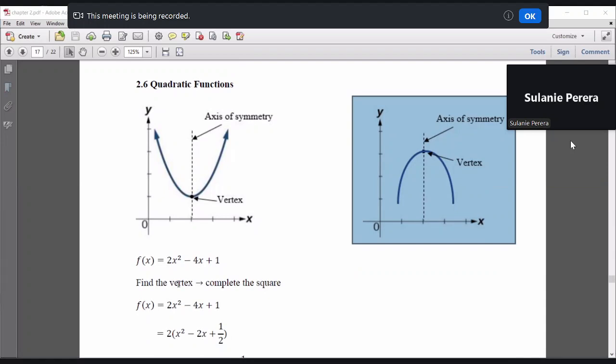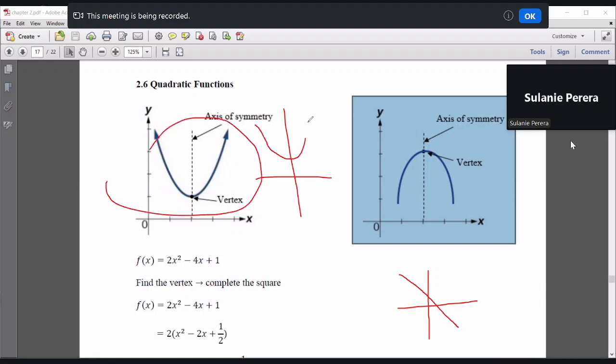So remember last class we spoke about linear functions. Linear in the sense, linear in x and y, right? And today we are going to talk about quadratic functions. Quadratic in the sense they are parabolas. They can either open upward, or they can open downward. So these are called quadratic functions.